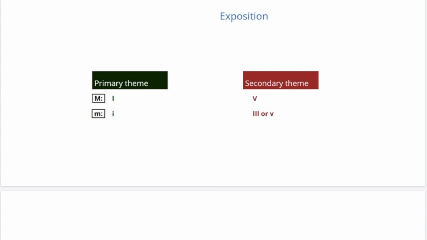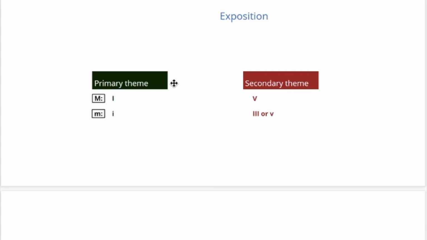And the material used to connect these two areas is almost always modulatory because we're moving from one key to another. And the melodic material usually gets busier because the function of this part is to take us from one place to another, implying motion. So on the surface level, we often will see faster, shorter note values, faster rhythm, and harmonically, we usually start to see more harmonic instability because it's moving from one place to another. So we start to see more accidentals,